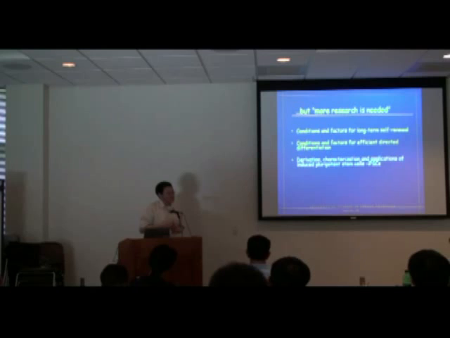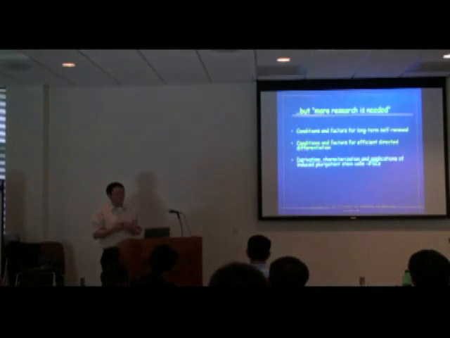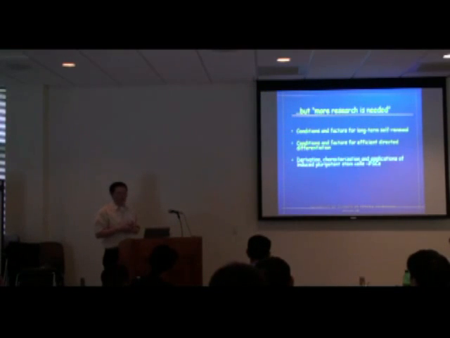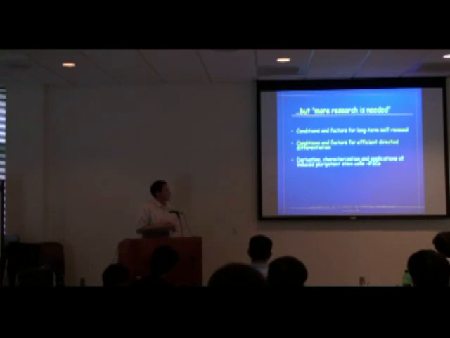So obviously, the conditions and the factors for efficient direct differentiation are also very understudied. And I use the word efficient here. People know how to differentiate human ES cells into cardiomyocytes and neurons, but the efficiency is always very low, unfortunately, and then you only see a very small number of cells, and that's bad. Going back to the point I was trying to make, you need a large amount of cells for therapy, period.